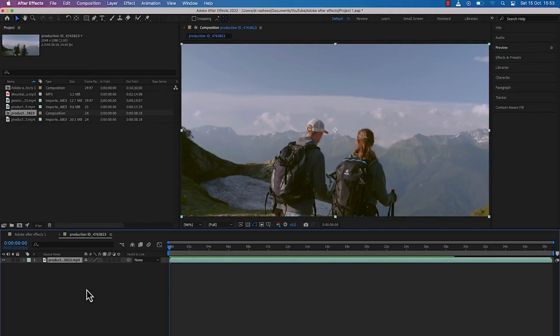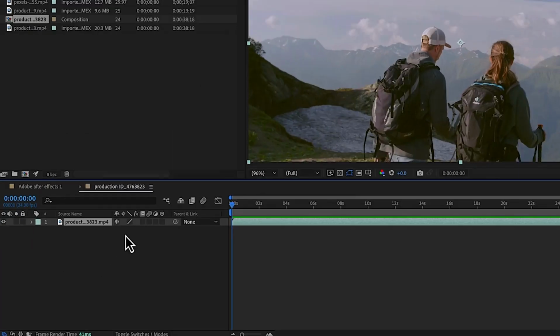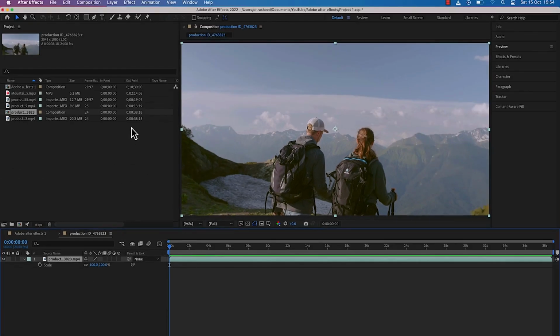So once you have your composition, you can see it down here. You've just imported the composition. What I usually do over here is I press the letter S to have the scale, so that I make sure everything is scaled to 100 and my footage are all scaled to 100. So you can see scaling over here. Okay, later I will show you how to navigate and bring in different functions accordingly. So this is very basic on how to create a